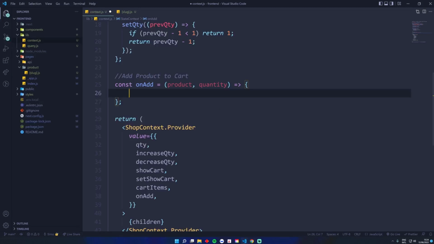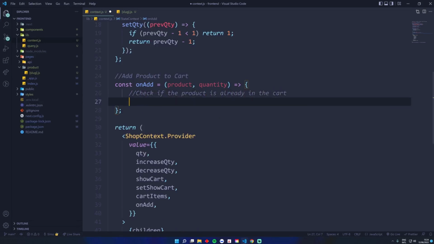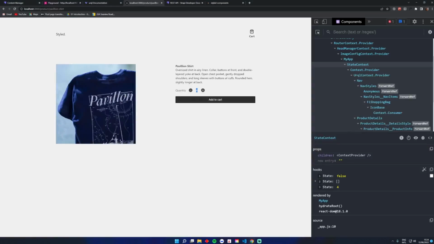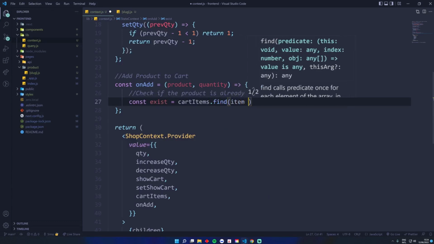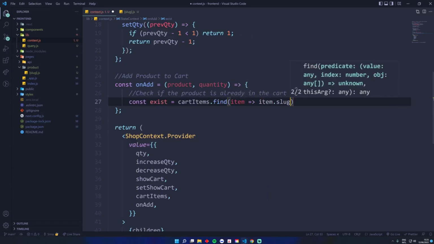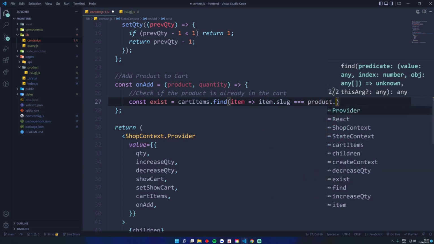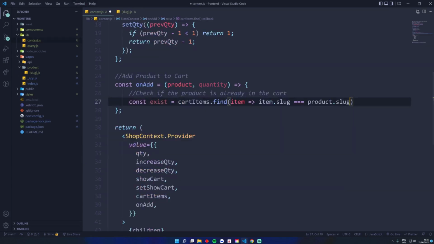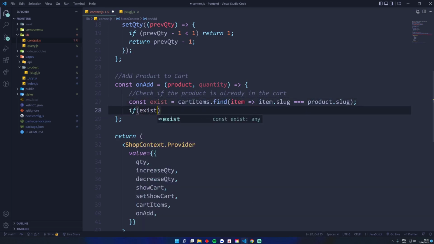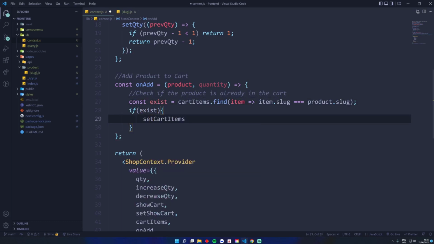So we'll do a check if the product is already in the cart. The way we can do that is say const exist is equal to cartItems.find. So we're checking this array here, this empty array from our state. We're going to find an item, and if the item.slug matches the product.slug, the product that we're actually passing in from here, then it's going to return us an exist here. So if exist, then I want to set the cart items,